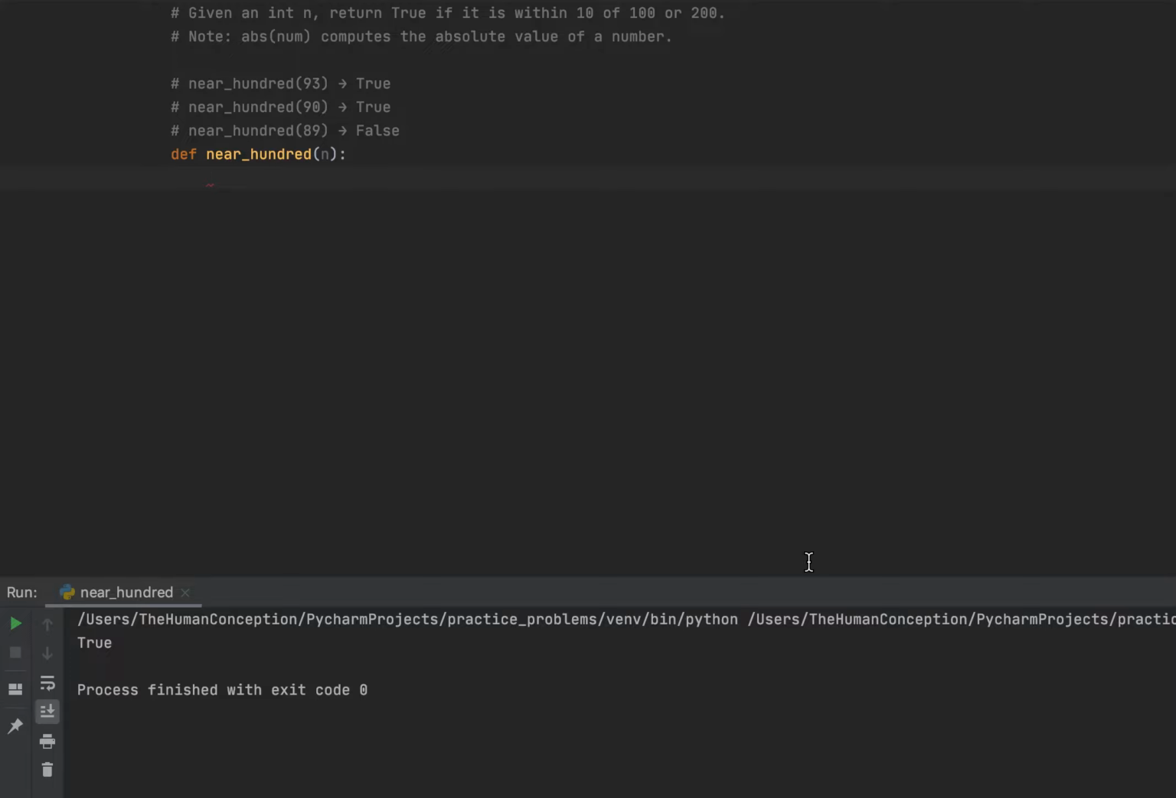Okay, so we have already our function defined here. Define near 100 and our variable n, which is our parameter, our only parameter for this function. Inside the function, we're going to be using that parameter to decide what we want to do here. So we're going to say if n, and we're going to put this first statement into parentheses. You'll see why in a second here. If n is greater than 89, and here we go, n, but less than 111,